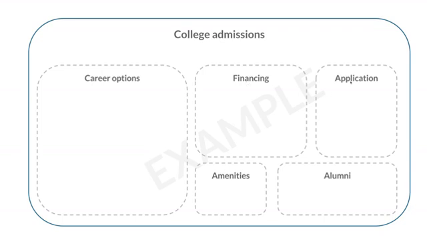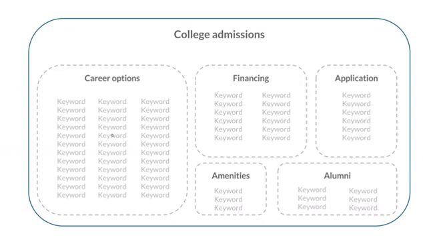Maybe people are looking at the application process, which is related to, but probably different keywords than what shows up for financing. How do I apply? Where do I apply? What are the forms I need? What are the different things I need for it? You can just imagine that there are these different groups. These are sort of segregated, separate groups of keywords. And within these groups are hundreds or thousands or even maybe millions, depending upon what type of business it is,